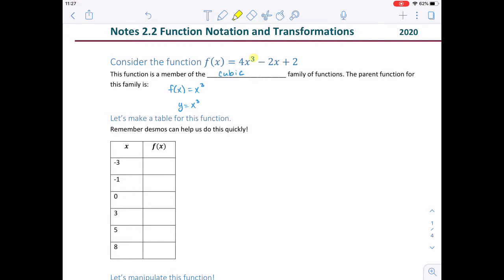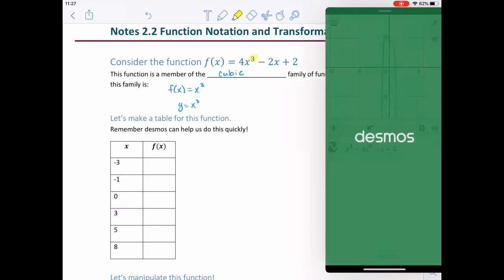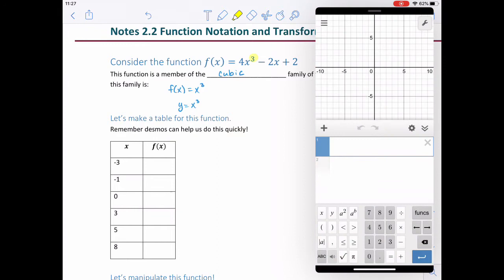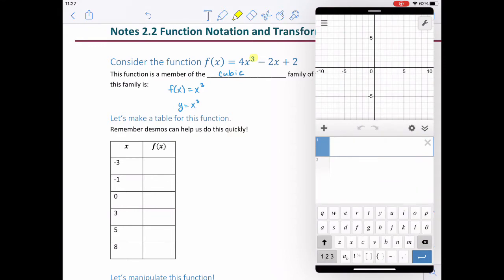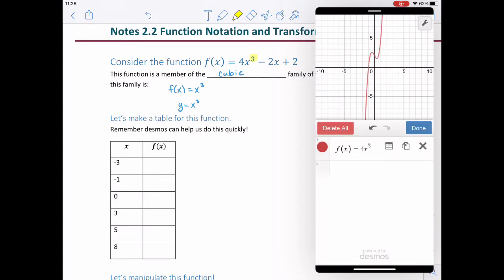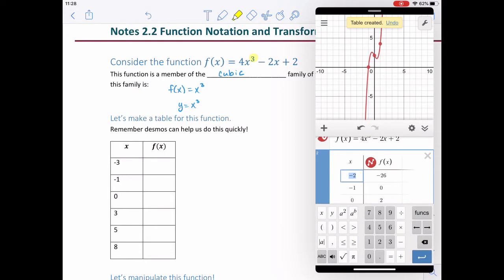So we're going to make a table for this function, and remember Desmos actually does that really nicely for us. So if we open Desmos and type our function in, you can put the f of x in or you can leave it off, it doesn't actually matter. We have 4x cubed minus 2x plus 2. If we click the gear icon and then this little table, it will make a table for us, and let's make it like ours. So -3 is going to be